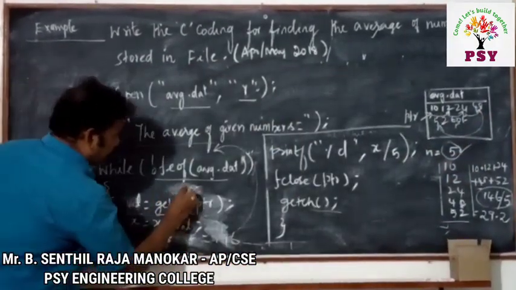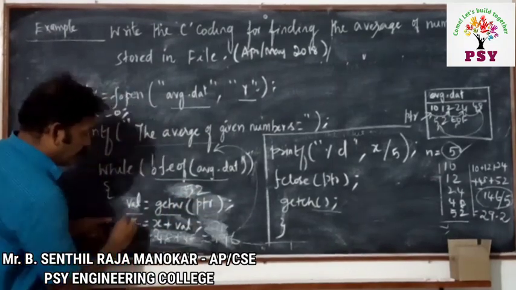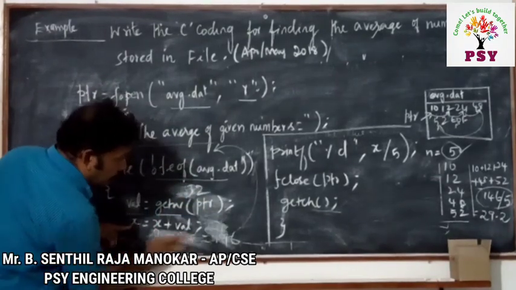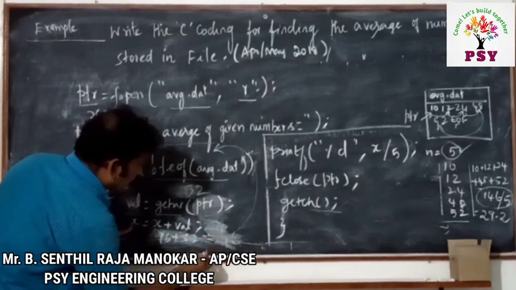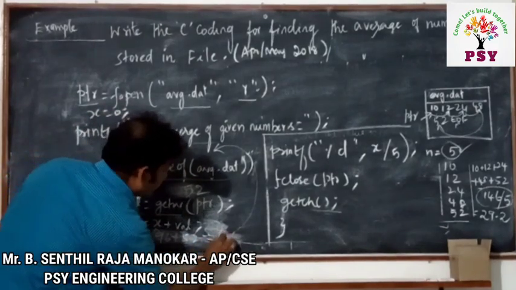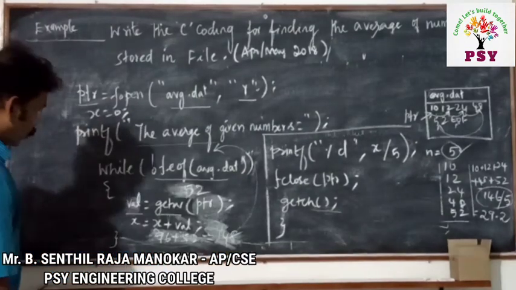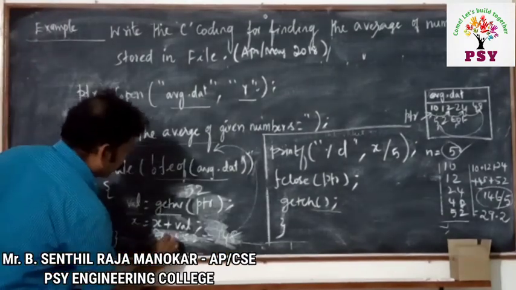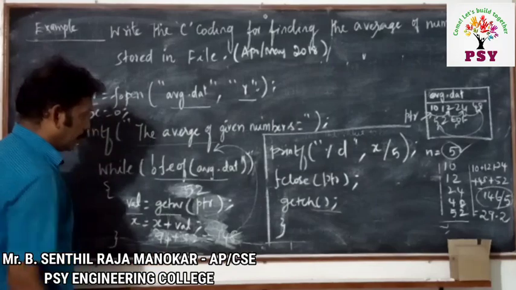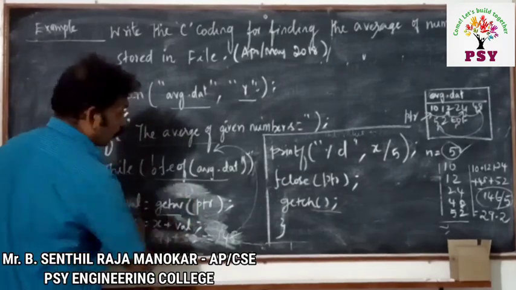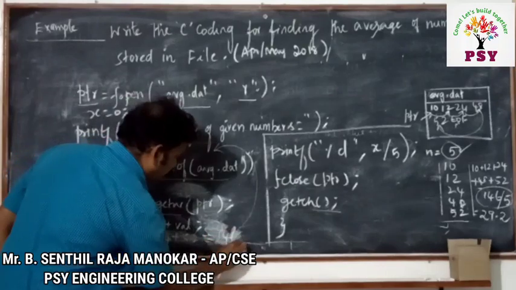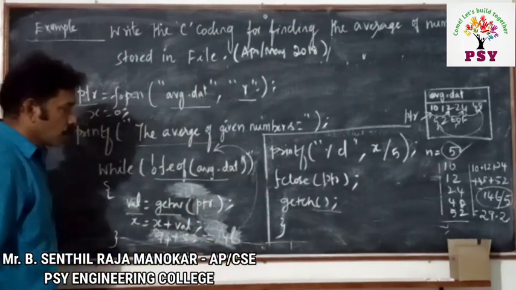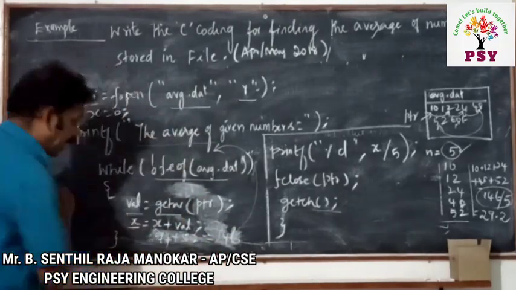So the value will be here 52. Okay. So val is 52, then x is equal to 96. 96 plus 52, what is the answer? That is 148. So actually the value was here 94. Okay, maybe I made a mistake while adding the values 10 plus 12. So the answer will be here 146. Okay, so 146 is the value of x.